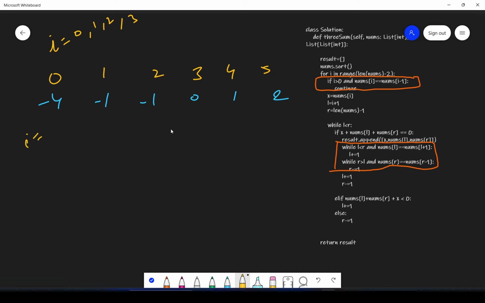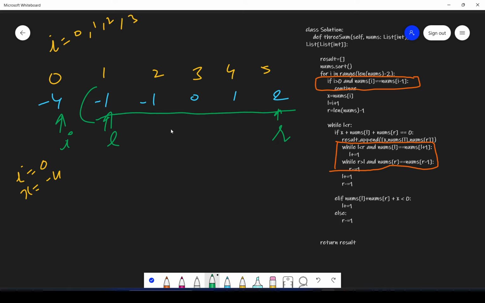So if your i is initially 0, then x is nums of i, which is -4. I'll write it here: i is equal to 0 and x is equal to -4. The next index after i will be your L, and the last index will become your R. Then you will find those elements y and z, because x you have fixed.